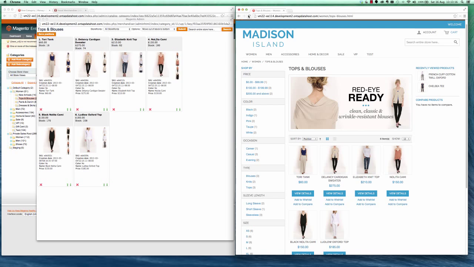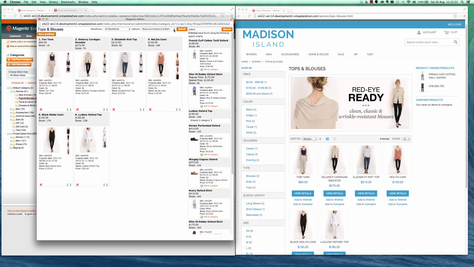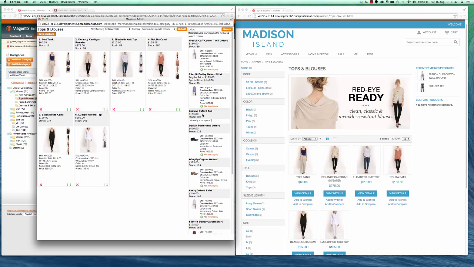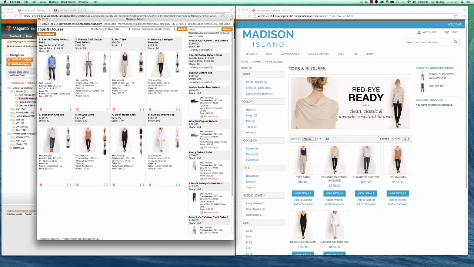So some of the other abilities that we have is to get other products easily into our category. We have an integrated catalog search in the header bar here, which if I type in a search term and search for that, it will go off to the product catalog and find matching products, and it will list on these products any which are already in my category as well. So for example, this Ludlow Oxford top is already in the category, so we don't need to add that one, but some of the other ones are not, and there's a link called add to category which just adds that